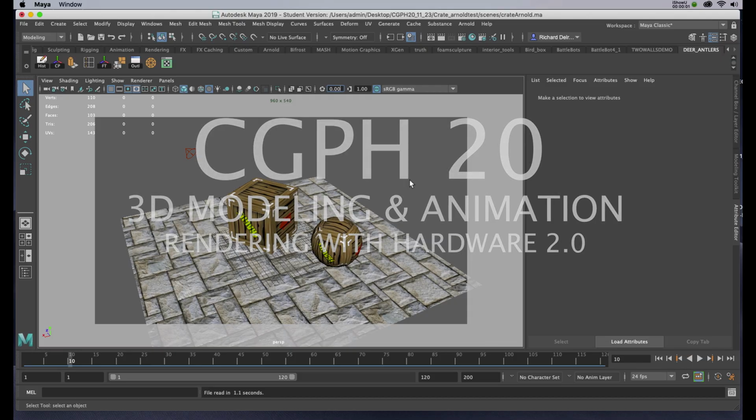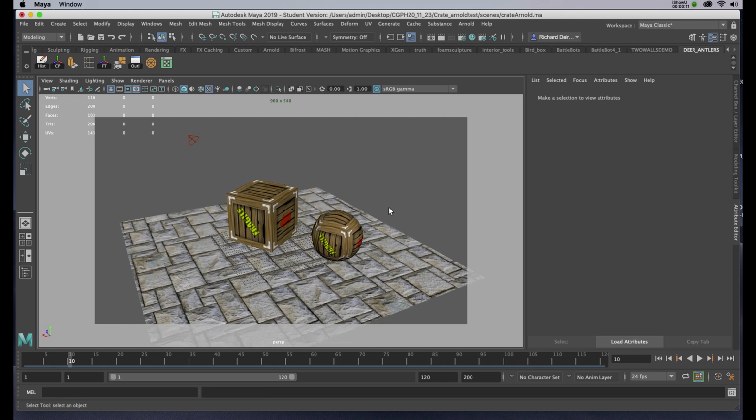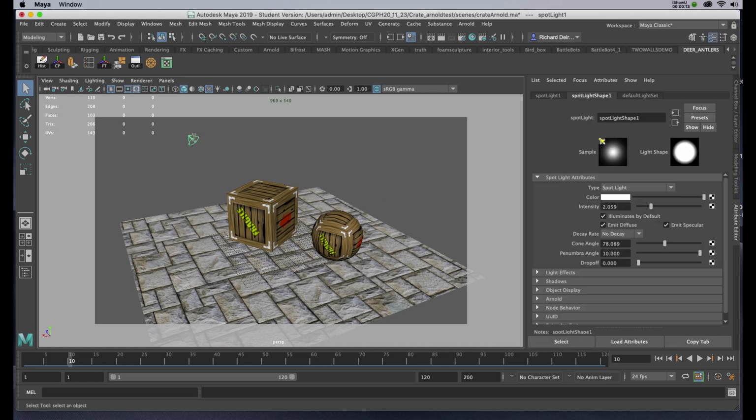This is a brief video on how to use Hardware 2.0 to render scenes inside of Maya 2019. I've got my model set up the way I want, and I've introduced a spotlight. It's a little different with this, where we set our light intensity much lower than we would have with Arnold,